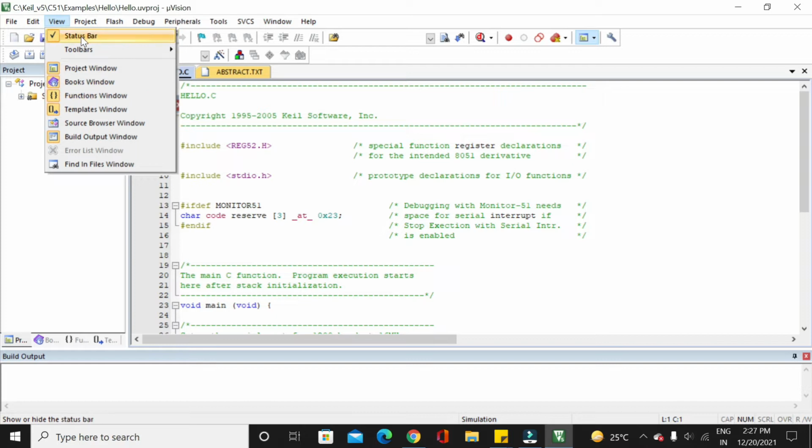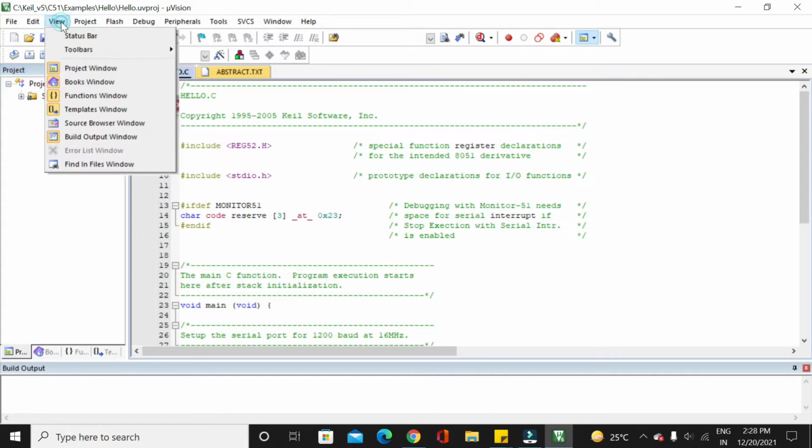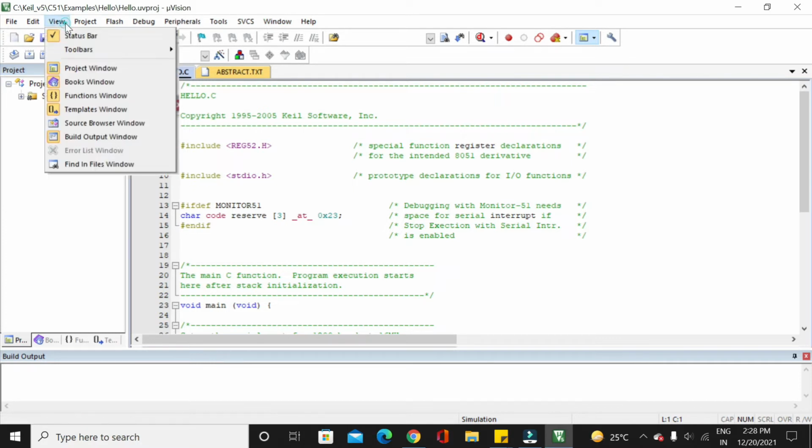My suggestion is, you can just observe the default window, whatever is there. If it is not there, next time you can open it. Say for example, I want to work with the project window.